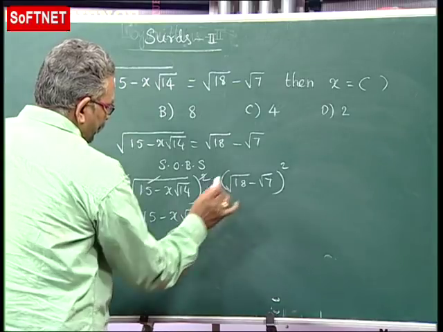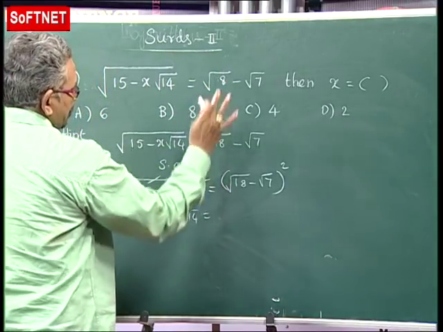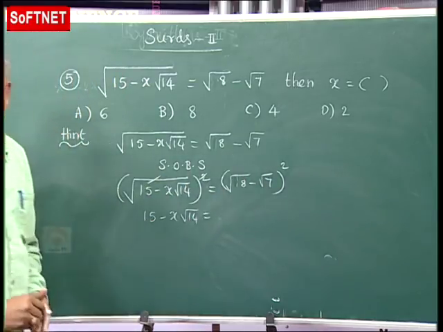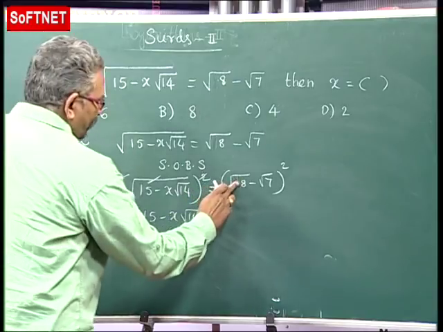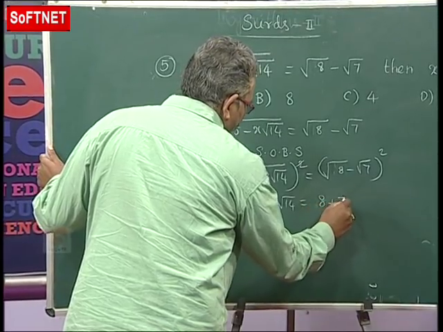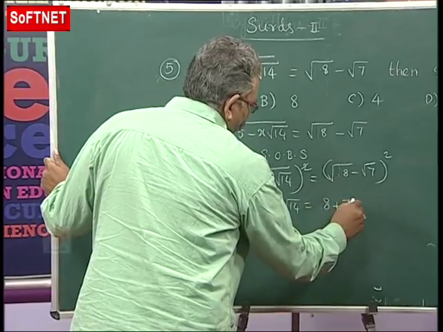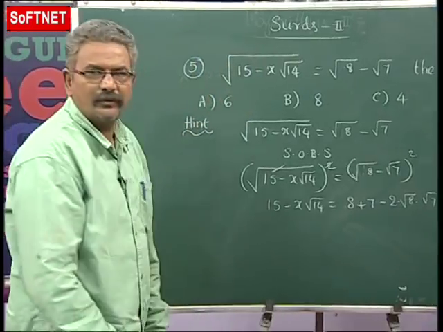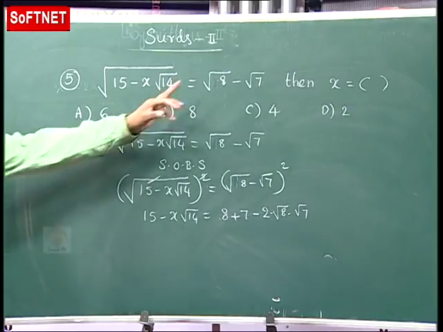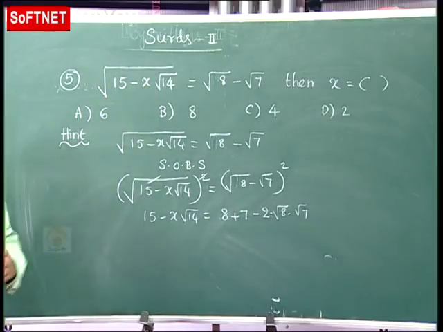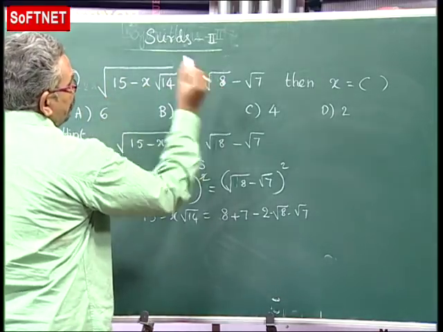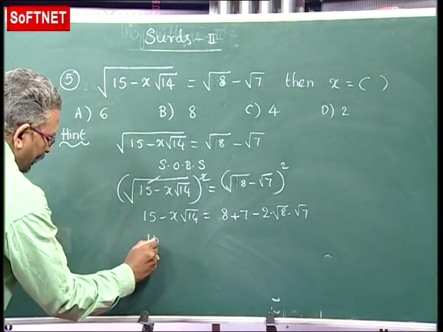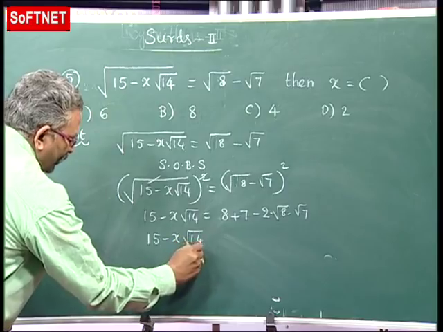this will be, so now actually I think this is 8, take it as 8. So a minus b whole square. What is a minus b whole square? This is 8 plus 7, minus 2 root of 8 into root 7. So actually instead of 8 there, 18 was given, but you have to correct it as 8, that will be the correct one. Okay, now this is 15 minus x root 14 equals to 15